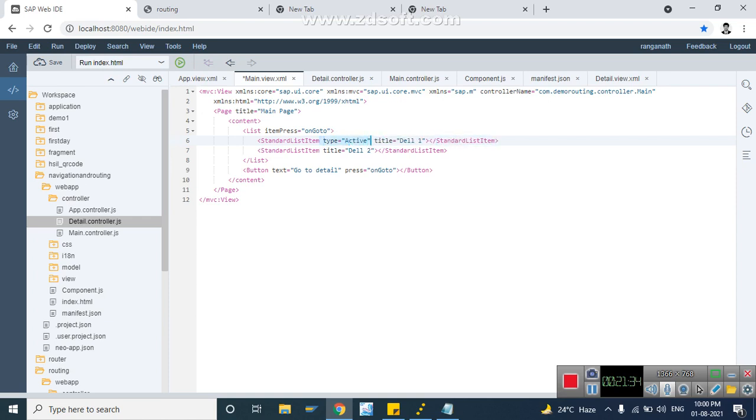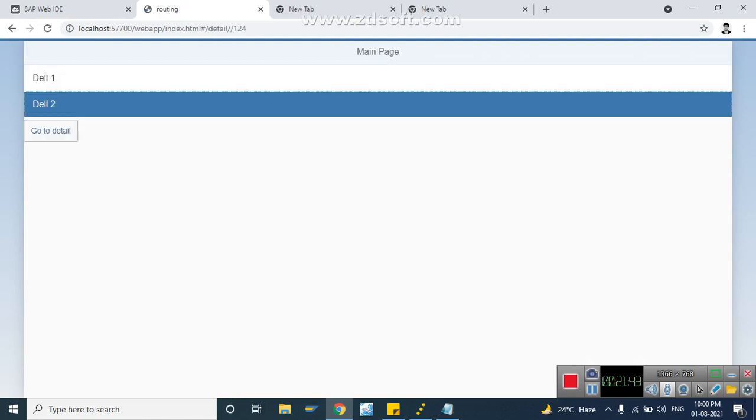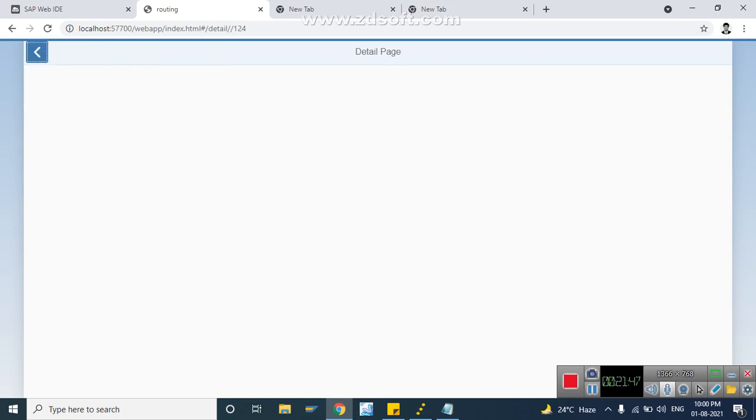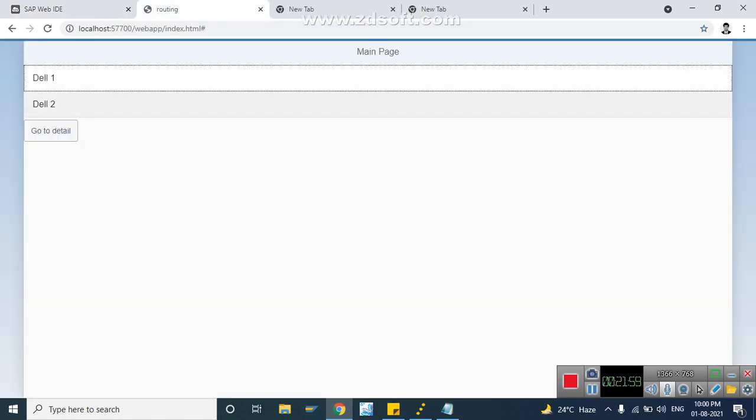Say this as well, type active. Refresh. Yes, see it is going. So what we did, we have created one list, and on item press we are calling the same method. So I'll remove this button, it is not required. It is navigating to the detail page.